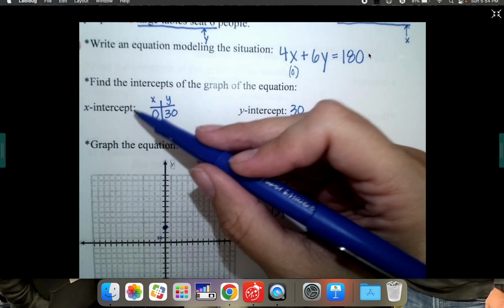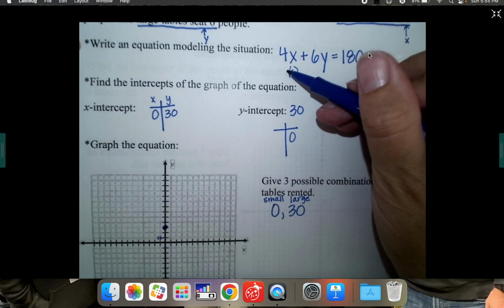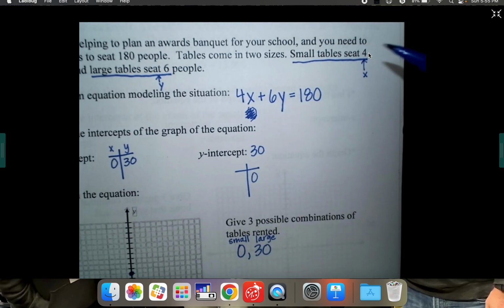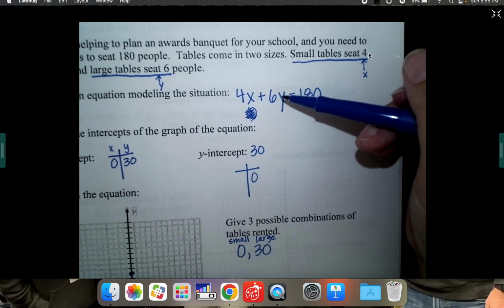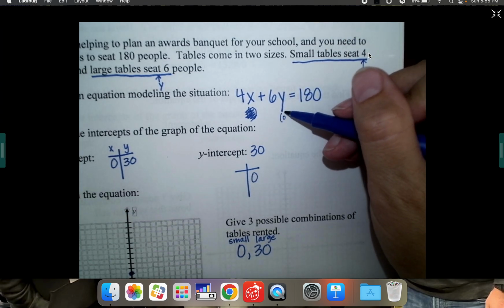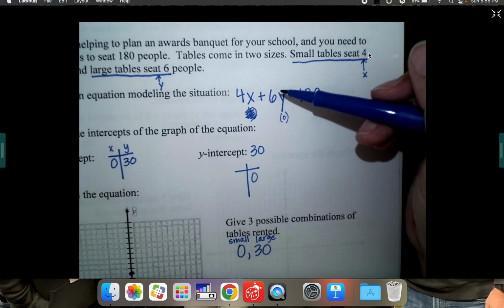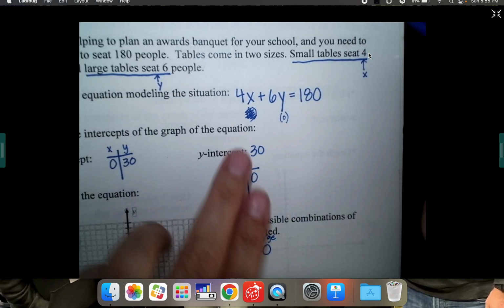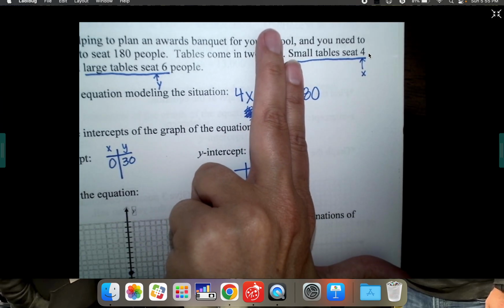So, and then I'll have to make a space for the x-intercept. So let me start over. Let's go back up to our equation. If nobody sits at the large tables, if we plugged in a 0 for y, nobody sits here. Y is 0. 0 times 6 is 0, so those would cancel each other out, and you'd only be left